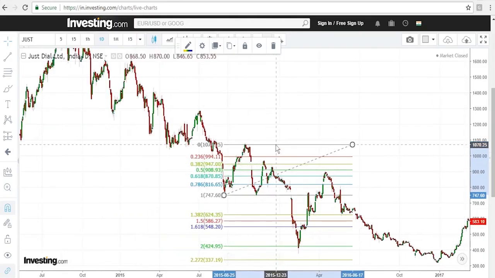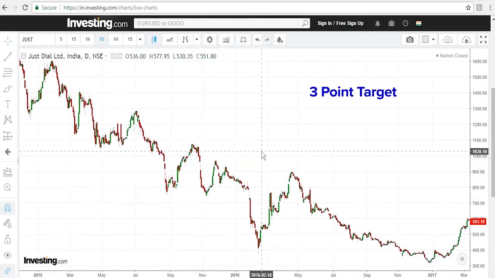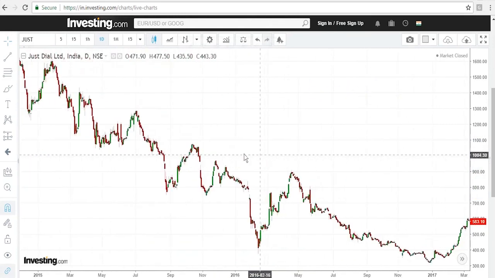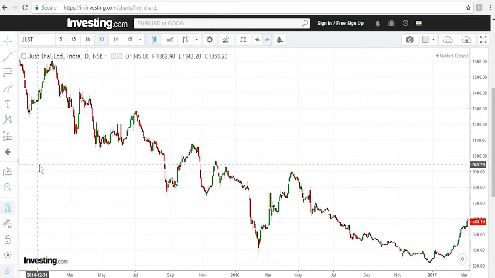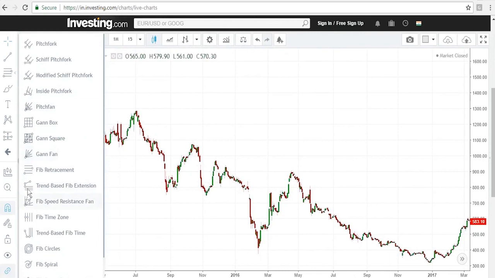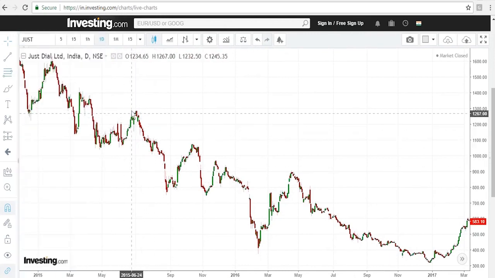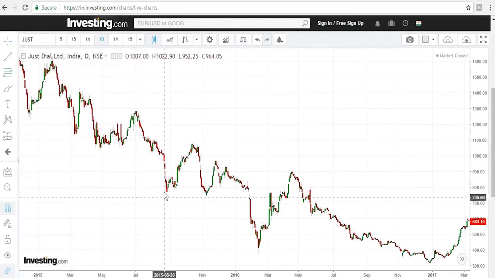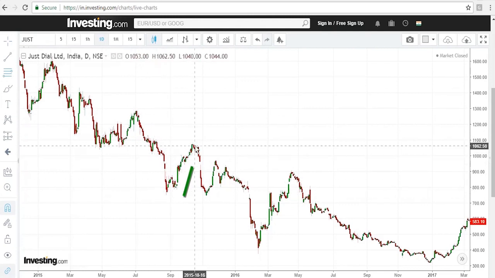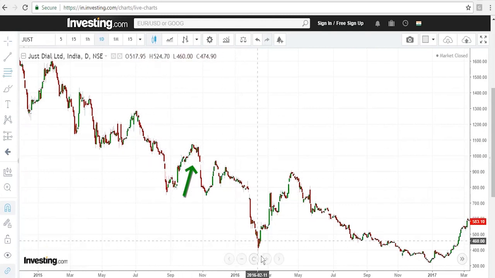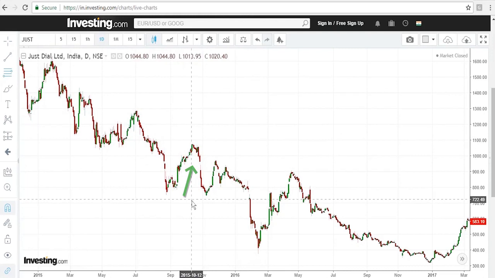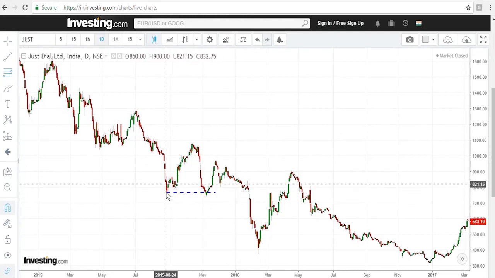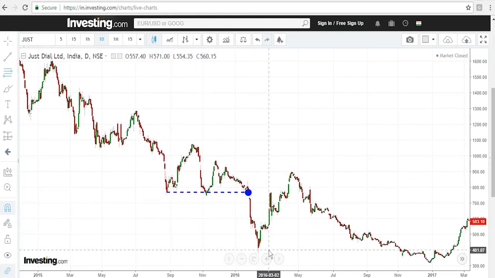Now last we will discuss the Fibonacci extension, which is a 3-point target. Now here, in the case of a down move, what would be the Fibonacci extension? The Fibonacci extension would be based on the last move. So this was the first move, and then there was a correction. Then, based on the fact that this low was breached, I would think that the market would go down, and